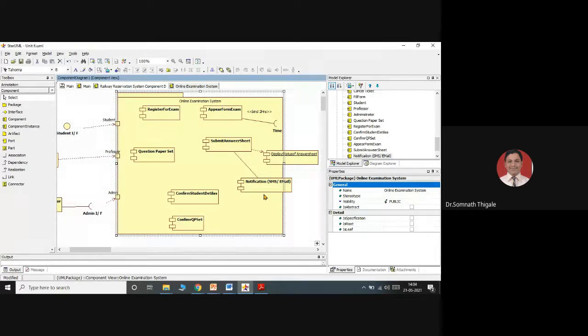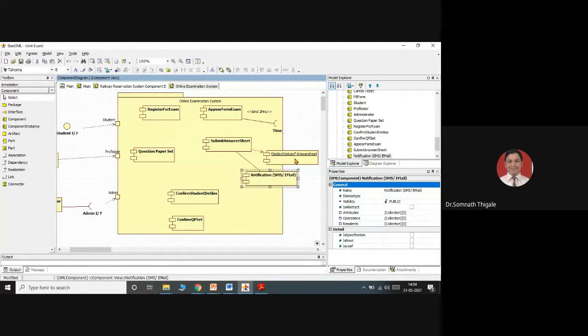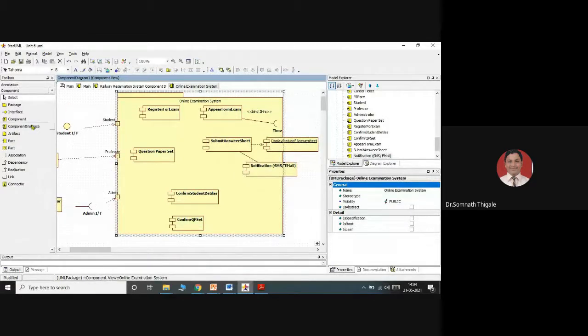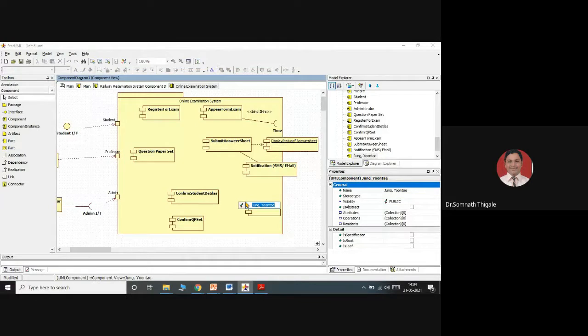Whether your paper was submitted or not submitted, how many questions you wrote, like that, right or wrong, that will be displayed inside the results. So we'll have one more scenario over here. After the examination, within 40 days, the result should be displayed. So display result will be considered as one more activity. So consider this as display result.